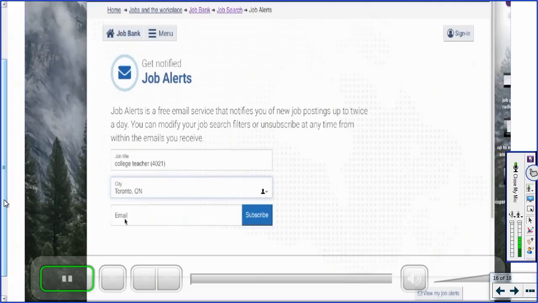And so what'll happen is that when I put in my email address and then click subscribe, it will give me a message saying that I'm already in the system. And just to protect my privacy, because I don't want everyone having my personal email address, I'm going to pause this video and do that step, put in my email address and click subscribe. Then I'll come back and show you what happens next.